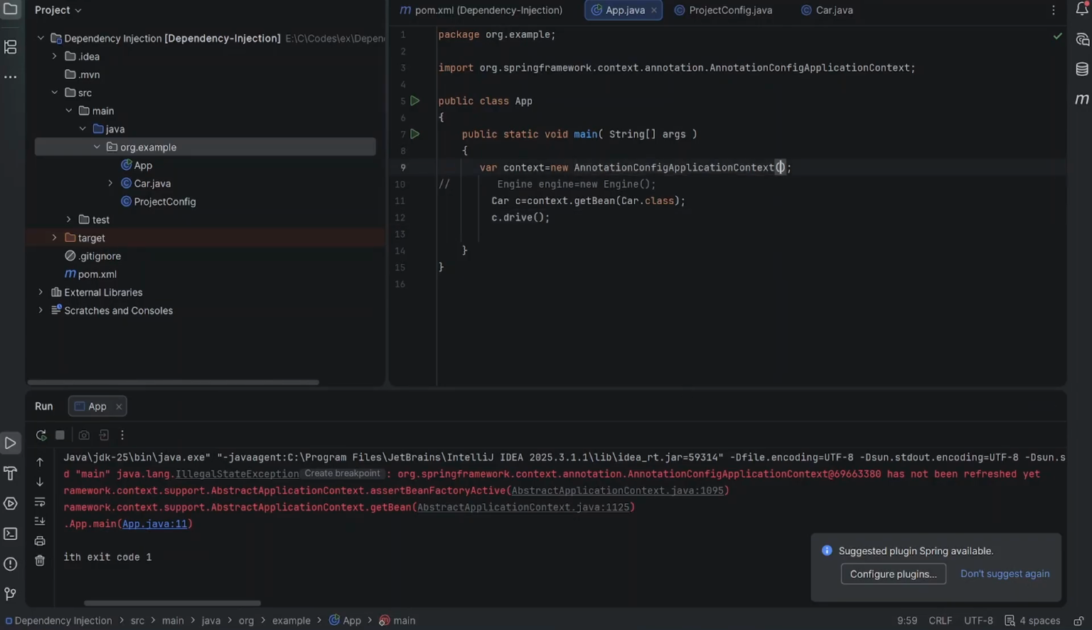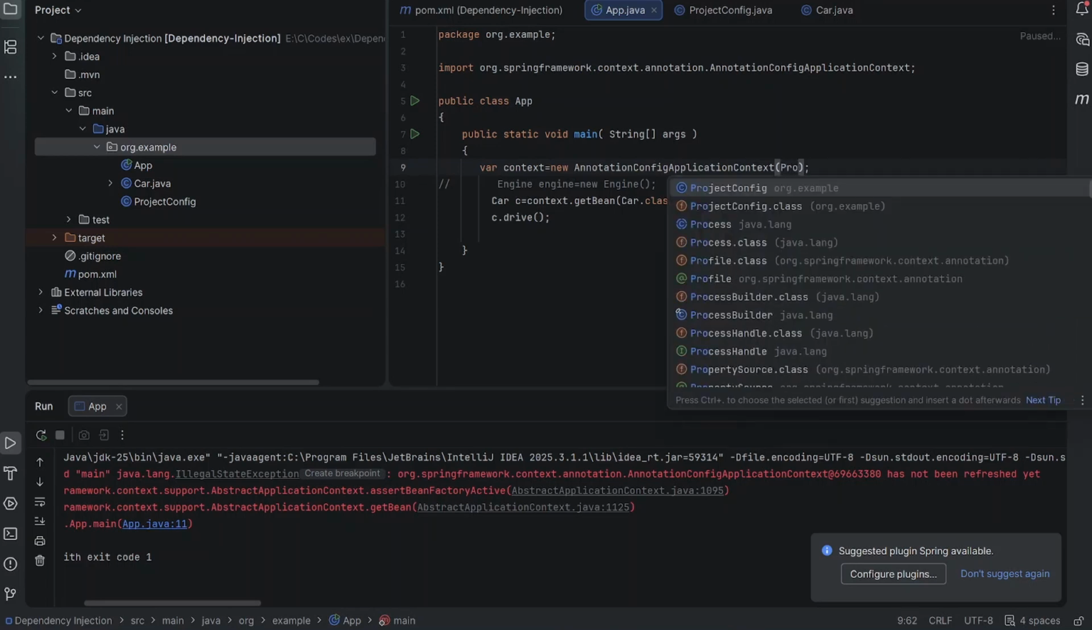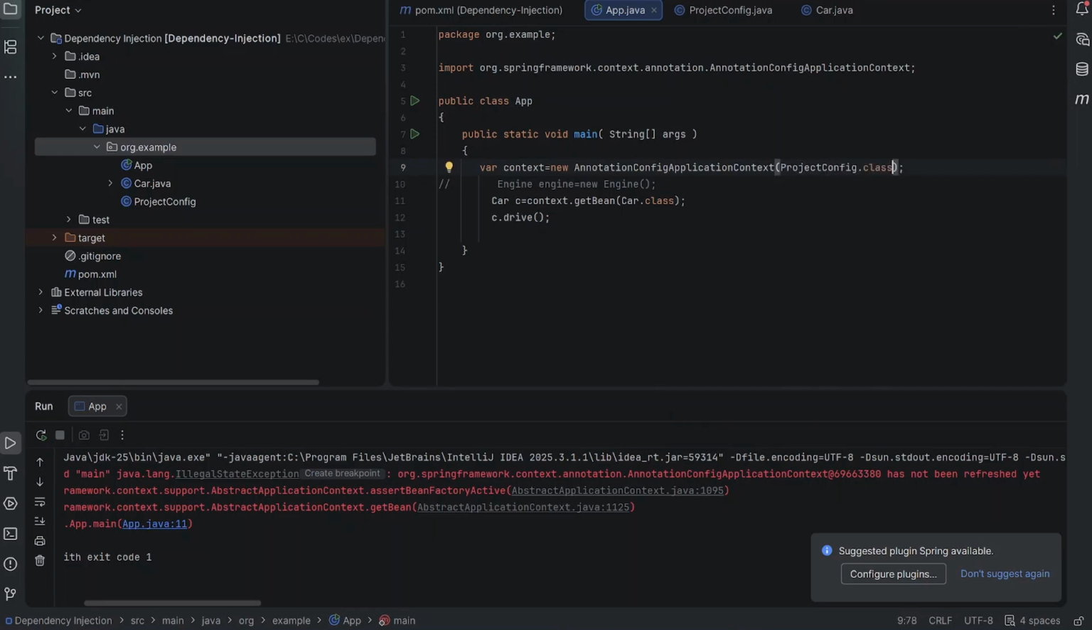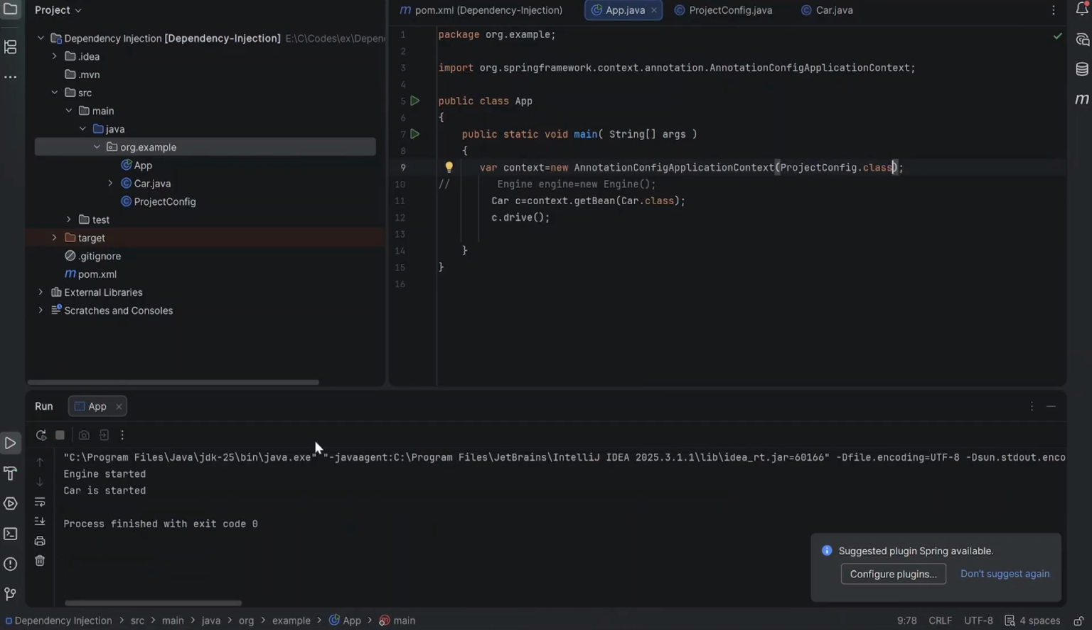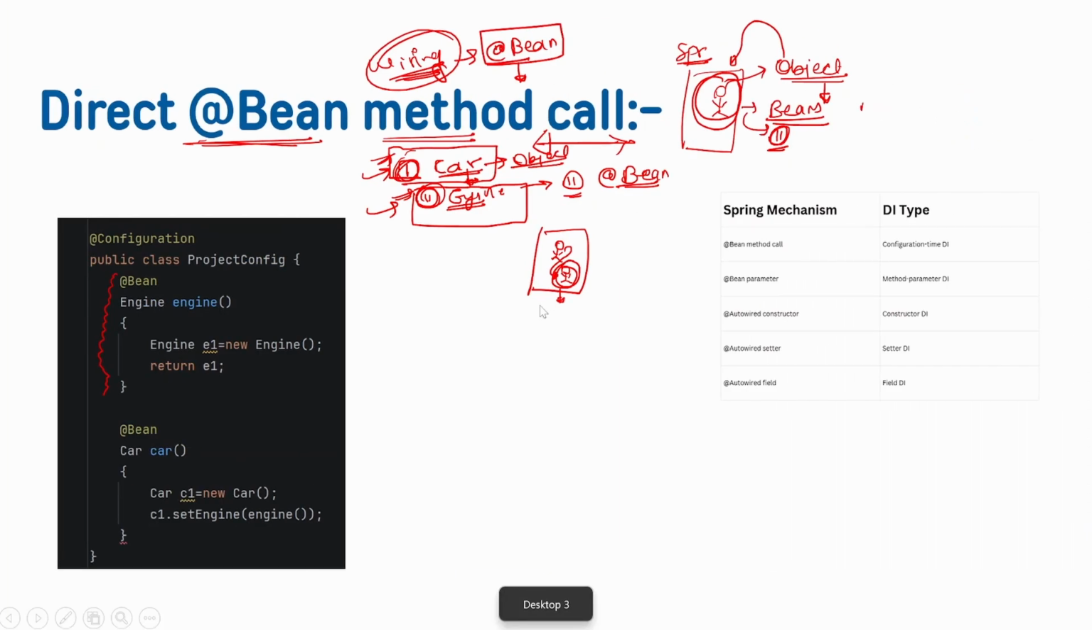Okay, it's getting an error because we haven't passed our project config class, because it needed the configuration class. Let's run it now. So now you can see that it's working fine. Let's understand how we can inject the dependency using the